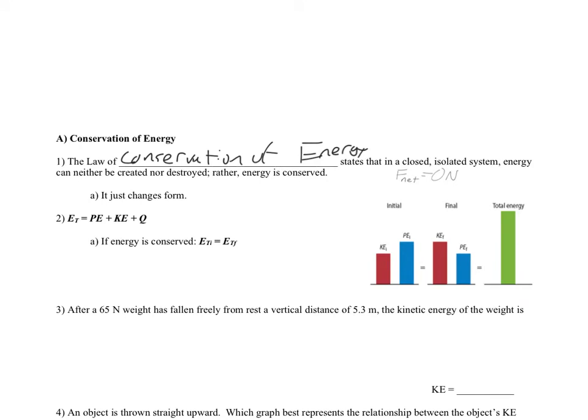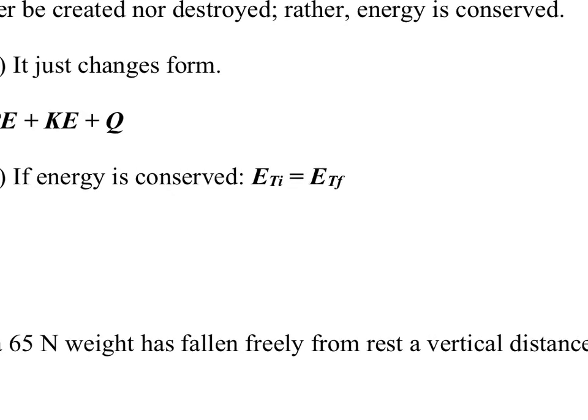So our energy equation is the total energy of a system is equal to its potential energy plus its kinetic plus its internal energy. Now that equation can be found on your equation sheet. The one equation that is not on your equation sheet, though, is the conservation of energy formula, though the conservation of momentum formula is on your equation sheet. Frequently, when we do these problems, I'm going to expand this, and I'm going to say